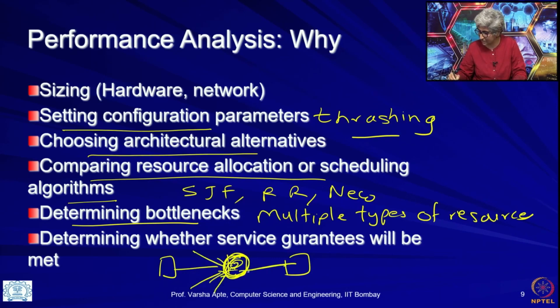The switch or the link, this is the link on which a lot of packets are coming in and this link becomes the bottleneck. So, then I need to know that this is the bottleneck and maybe I should put some extra links here, or just put another link there with higher bandwidth. So, if I am this network owner, this whole network I own, then I need to know what my bottleneck is